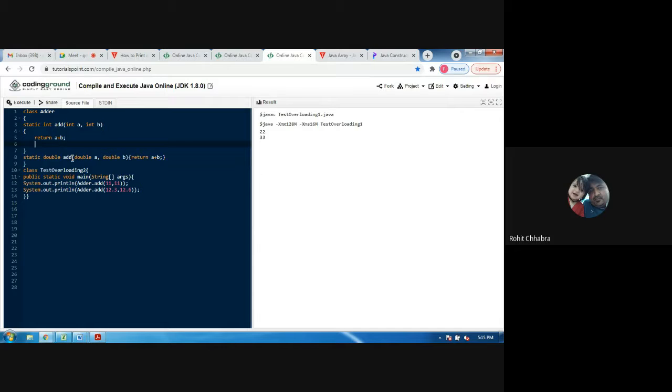In the second method, the name is the same, add, but the return type is double. We are using double, and we are also passing parameters of double type. Now it will return a double value, that is, a double data type value.